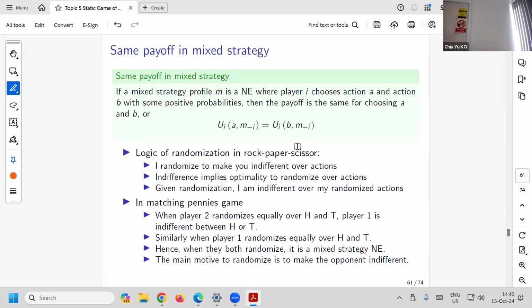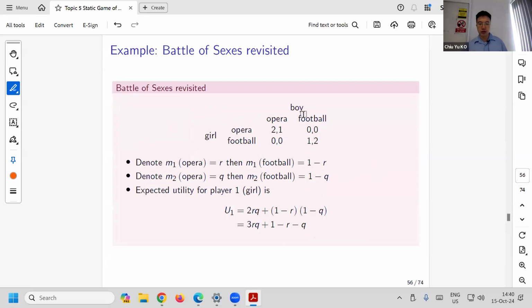So this is probably what you learned in undergrad, or if you took the first class, that's how you solve for the probability. It's called the indifference condition, right? That's how you learned it: holding the other guy's mixed strategy fixed, you are indifferent between the two strategies, right? I think that's how you learned, right? This is not the way you learned. You probably learned the way to solve this is,